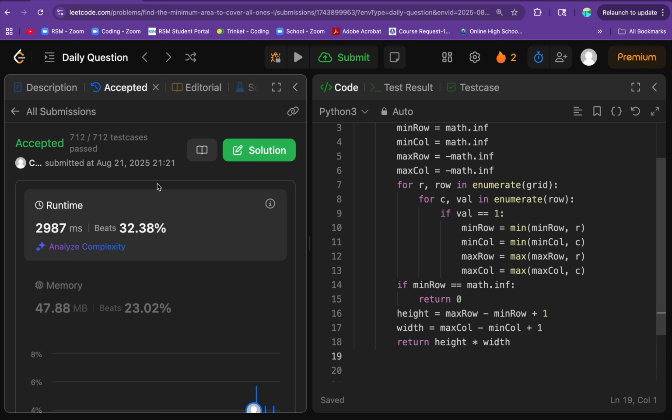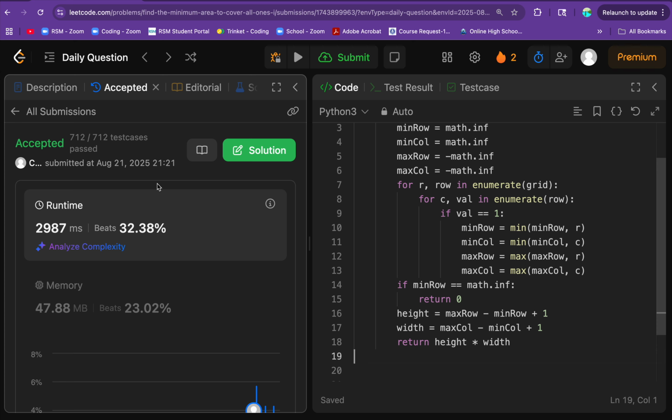Right, so quick summary. How did we really solve this problem? Effectively, as soon as we found a 1 as we scanned our matrix, that would help define or refine our boundary points, and we scanned the input matrix row by row, updating those minimum and maximum row and column indices accordingly. And we had a quick edge case in the sense that if we didn't see any 1s, we'd have to return 0. And we could check for that if we never updated our minimum row variable. And the height would be calculated as maximum row minus minimum row plus 1, the width as maximum column minus minimum column plus 1, and effectively just multiply those two values for the area, right? And that's going to be the minimal rectangle area that encloses all of the 1s without using any extra redundant